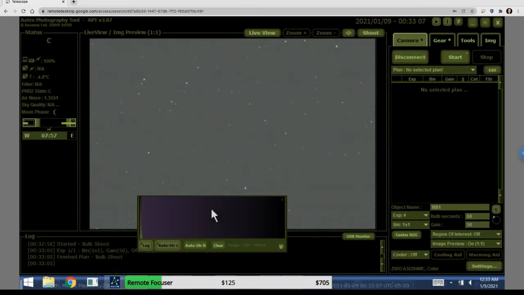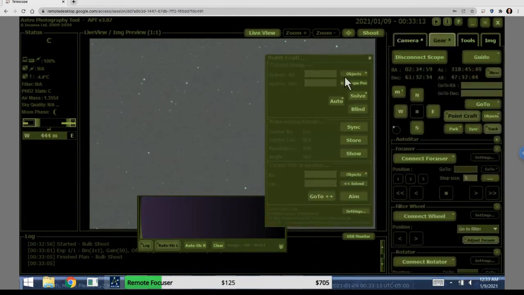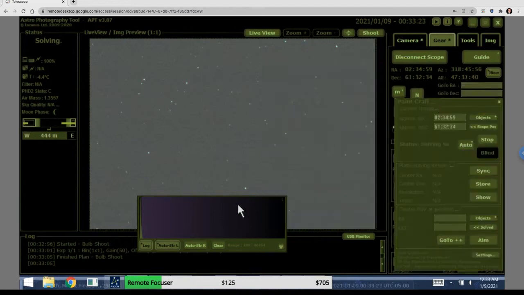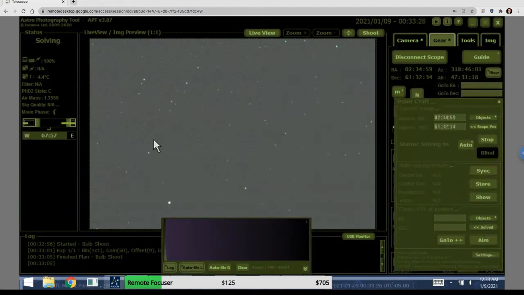Okay, so here's the Heart and Soul Nebula. Let's see where we are with this. Once again, we'll do point craft, indicate where the scope is, and see if we can solve that plate. Plate solving is when you look at the stars here, and it draws a little triangle from here to here to here, and then another triangle from here to here to here. Then it looks at the pattern of triangles and sees if it can figure out what you're looking at. And it's already solved it. So this spot right here is the location, and that's the direction to the North Celestial Pole. If I go ahead and hit sync like that,